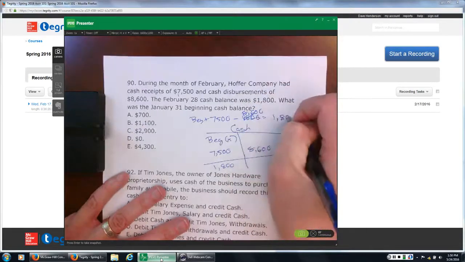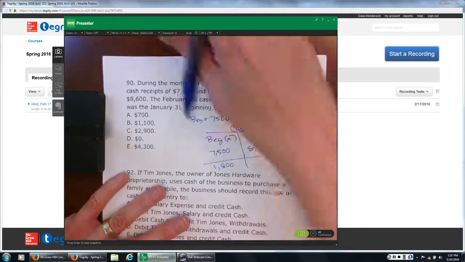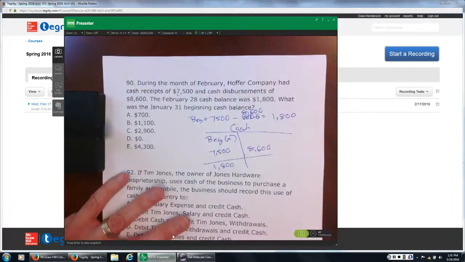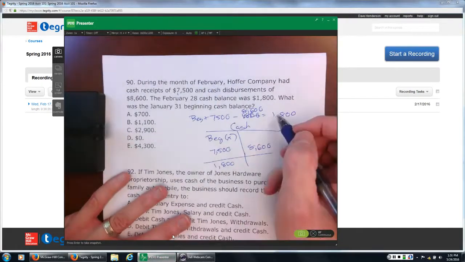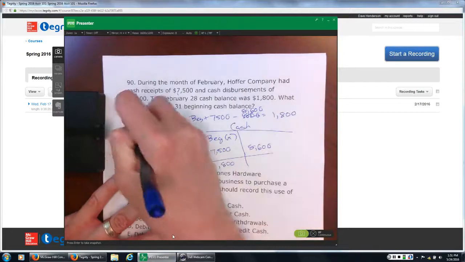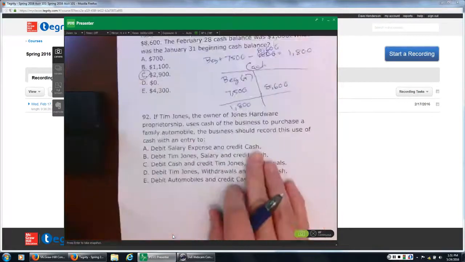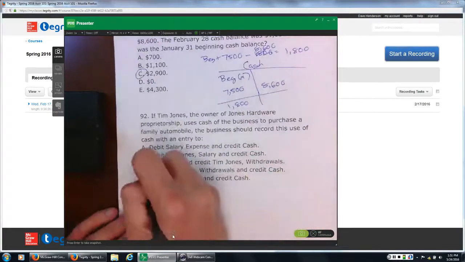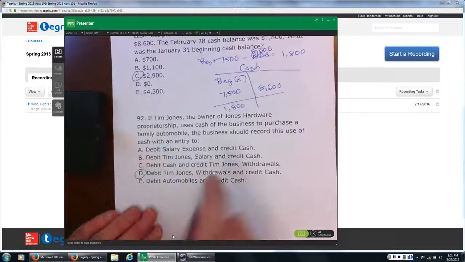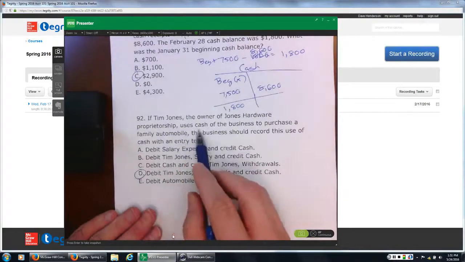equals 1,800. There we go. And when you do it, sorry about that. And when you actually do the algebra, what you get is C equals 2,900. The last one right here, and this one's kind of a confusing one, is Tim Jones uses cash to purchase